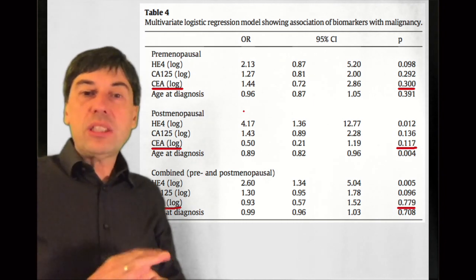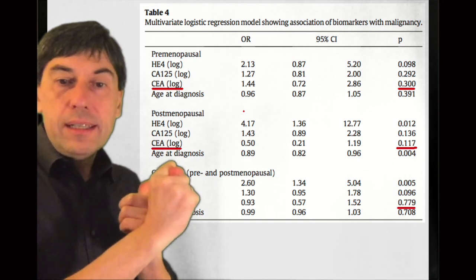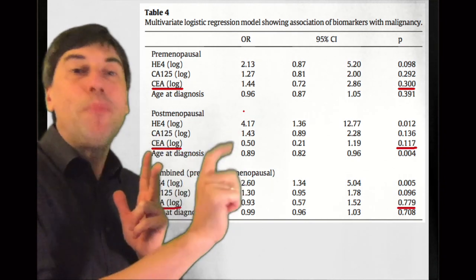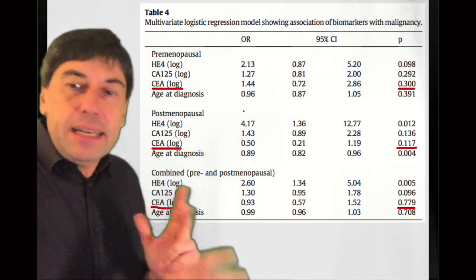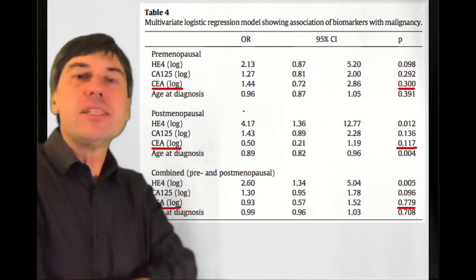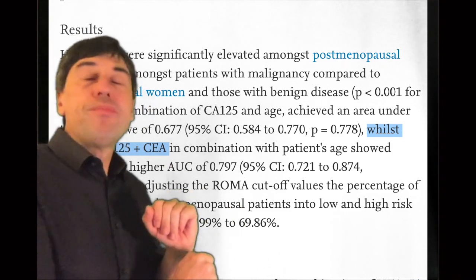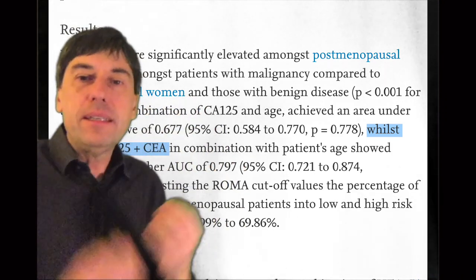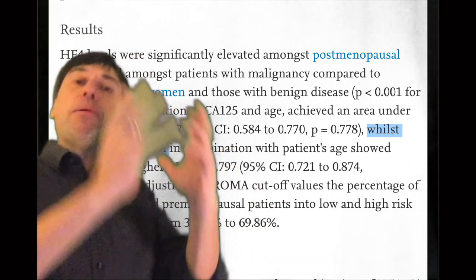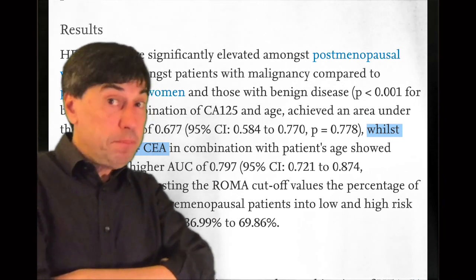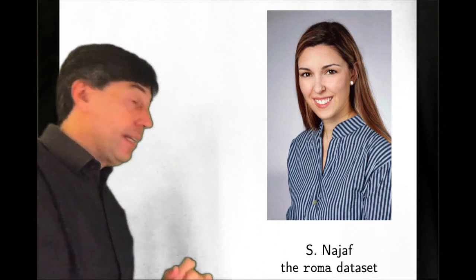You see that the biomarker CEA, the cancer antigen, is neither in premenopausal nor in postmenopausal nor in the combined solution, joining together young and old women, neither in all three cases does the third biomarker appear to be significant in a statistical sense, despite the fact that the title of the paper claimed that this combination can improve the ability of prediction. So this was the sparkling idea of our colleague Shadi Najaf,